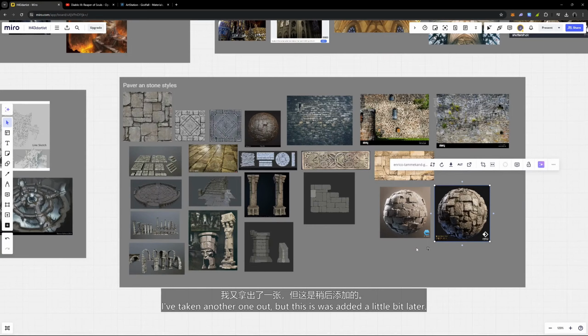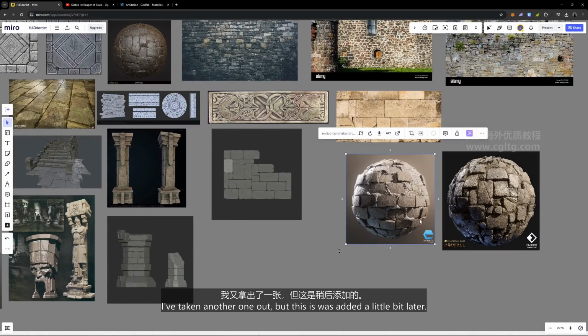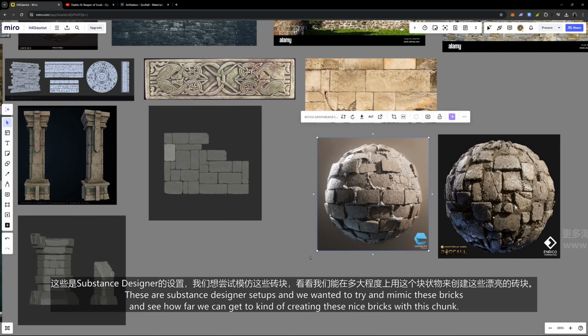And then down at the bottom here, I've got two or three that I've added. I've taken another one out, but this was added a little bit later. This is starting to look at the Copernicus type workflow. These are Substance Designer